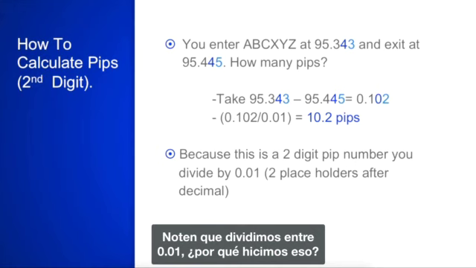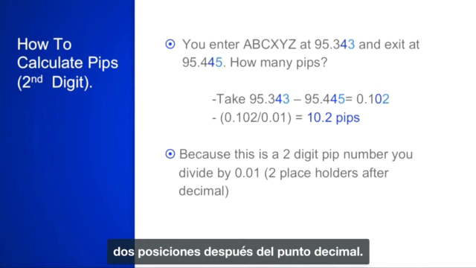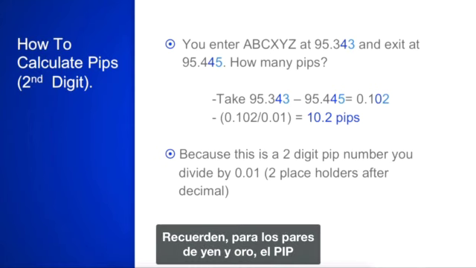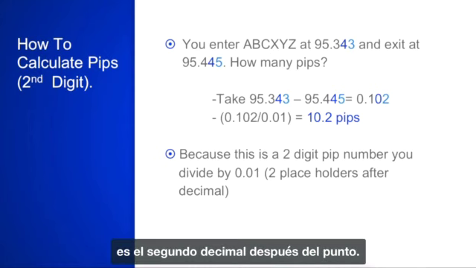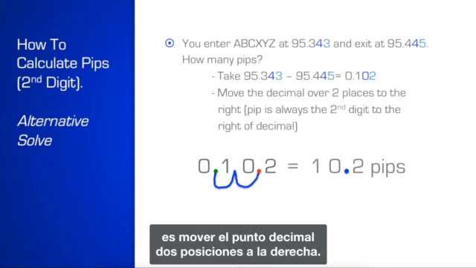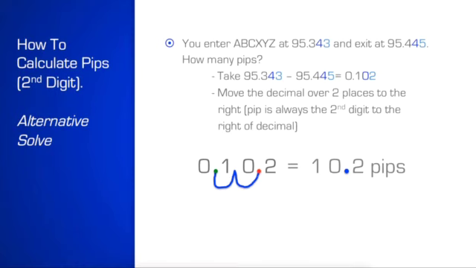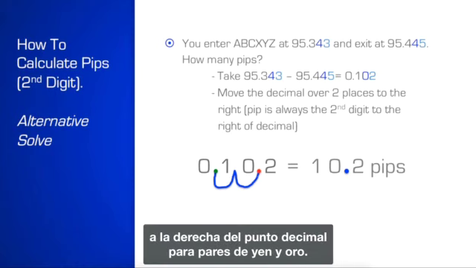Now, notice how you divided by 0.01. Why did you do that? You did it because there are 2 placeholders after the decimal. Remember, on yen and gold pairs, the pip is the second digit after the decimal. So that's why you would divide by 0.01. That's one way of doing it. Now, the other way of doing it, you already know, is to slide the decimal place 2 spaces to the right. Remember, 2 places because the pip is the second digit to the right of the decimal in yen and gold